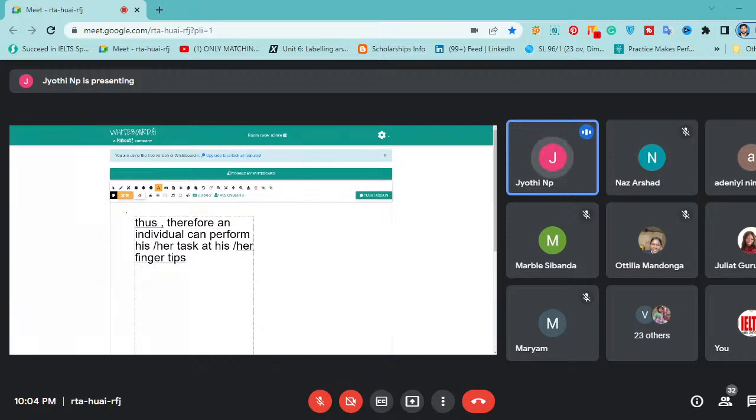I've just taken one, and this is where you're paraphrasing. Now when you're introducing the second body: as the coin has both sides, too much dependency on technology